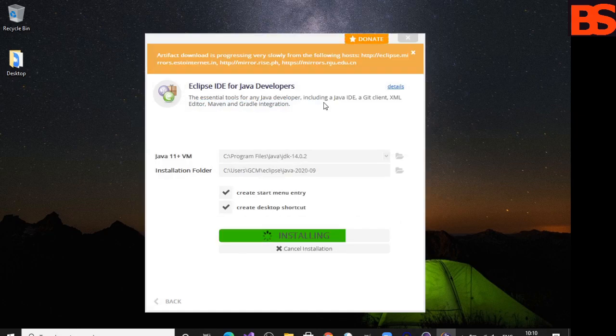So when I choose Eclipse IDE for Java Developers, you can see the description here. The essential tools for any Java developer including Java IDE, a Git client, XML editor, Maven and Gradle integration.